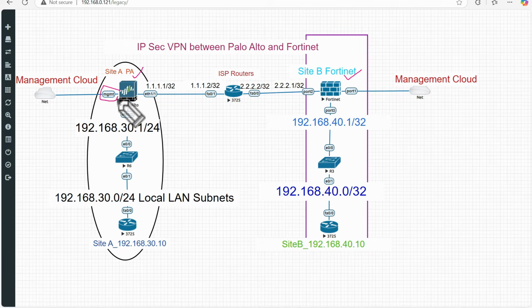The management interface of this Palo Alto is connected to the cloud, to access this firewall's web interface on my laptop. The same is true for the Fortinet Firewall: port 1 is connected to the management cloud to access this Fortinet Firewall through a web browser. And we have one LAN segment, 192.168.30.1, which is assigned to Ethernet 1/2 and acts as the LAN segment. The subnet will be 30.0/24,